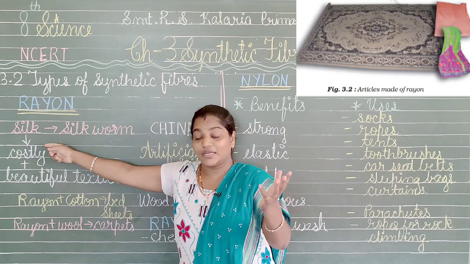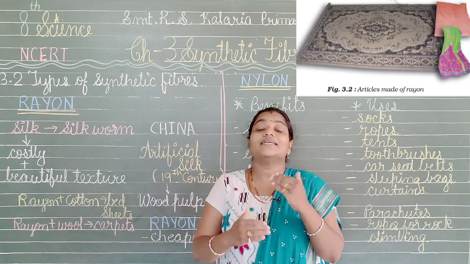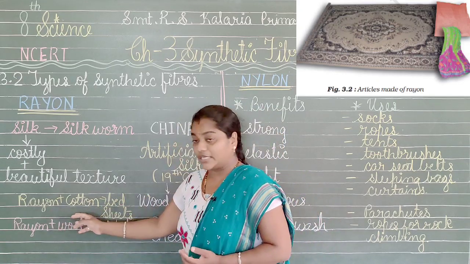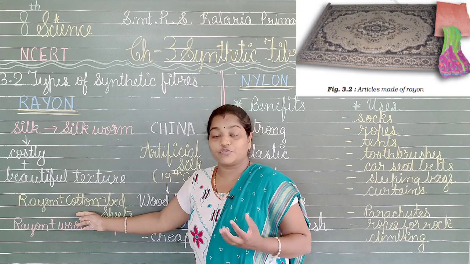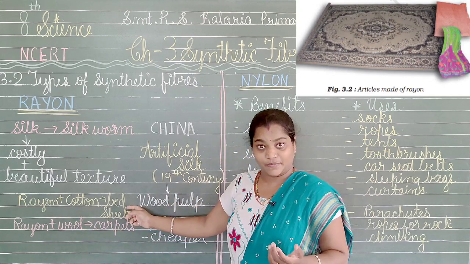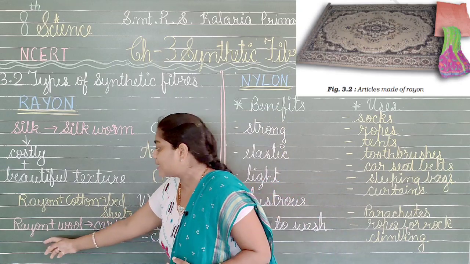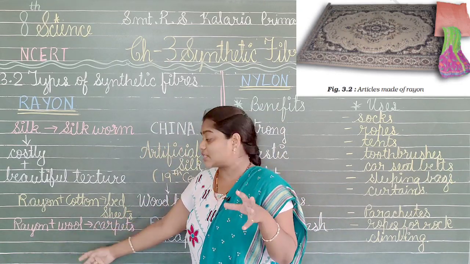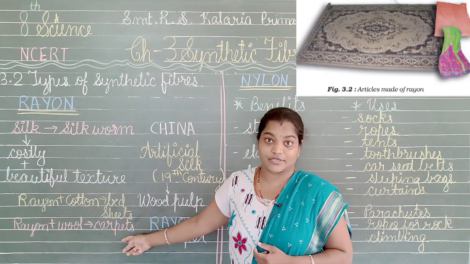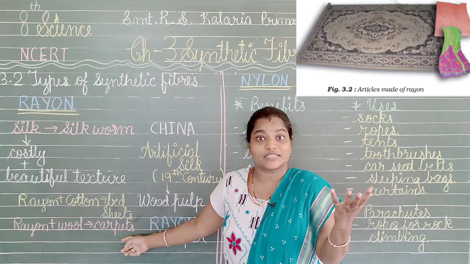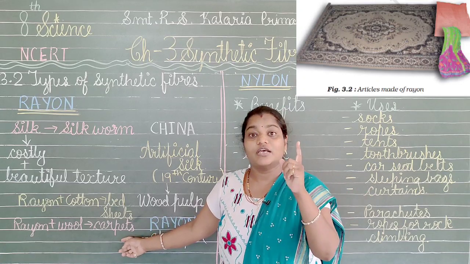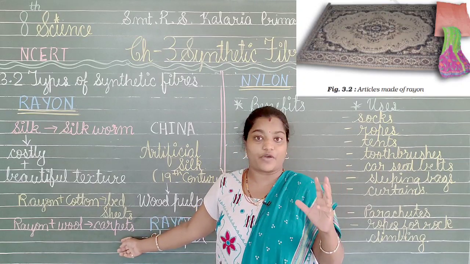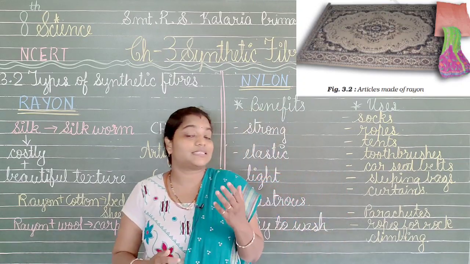Yes, of course. Now we added some more steps: we added rayon with cotton to make other structures useful for making bed sheets. Then we tried one more thing: rayon plus wool. When we combined both of these textures, we obtained carpets. So we were able to make so many new things out of this. So this is the first thing we have studied here, rayon, one of the artificial or synthetic fibers. Now let us see the second one.